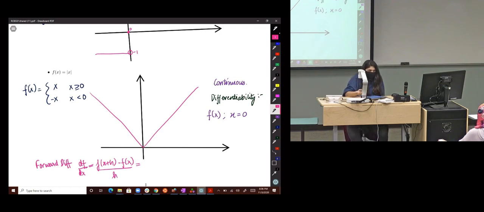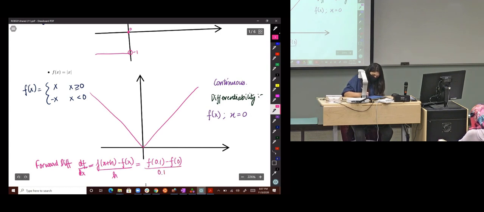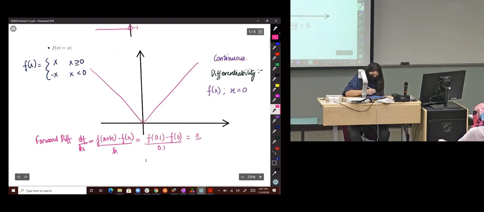Let's say my h is 0.1, then it is f of 0.1 minus f of 0, divided by 0.1, and my value is 1, right? Then if I do backward, or let's just do symmetric so that we have it quicker. Symmetric difference, if I take, I get